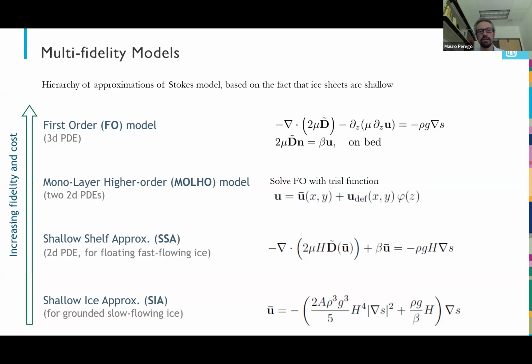And so this is the hierarchy of physics models that we have, and they are all approximations of the Stokes model, and they're all based on the fact that these ice sheets are very shallow, so you can do some approximation. I'm not going much into detail, but we are considering in particular what's called the monolayer higher-order model, which is essentially you start from a 3D model, and then you do